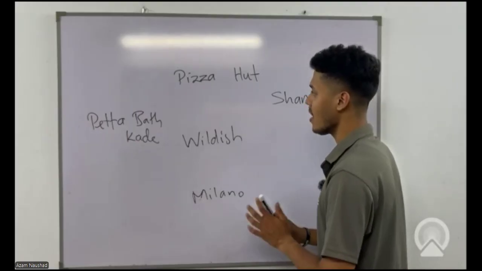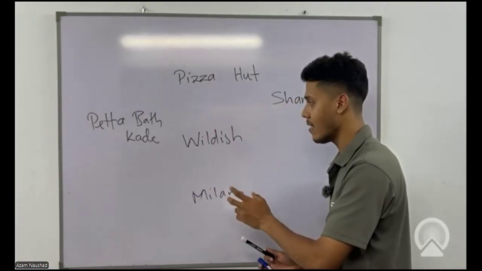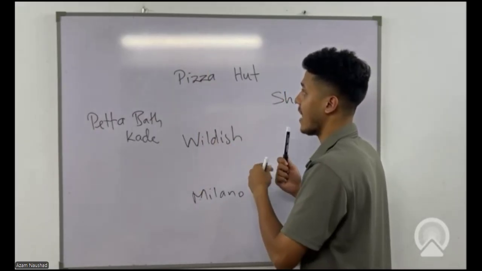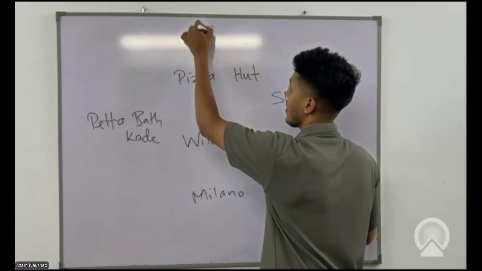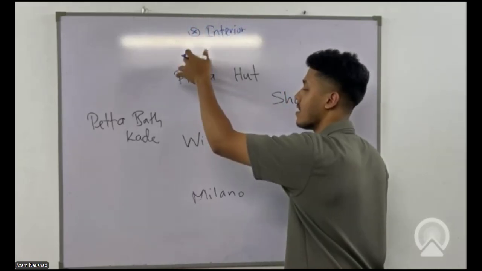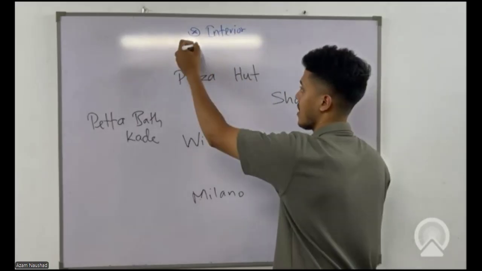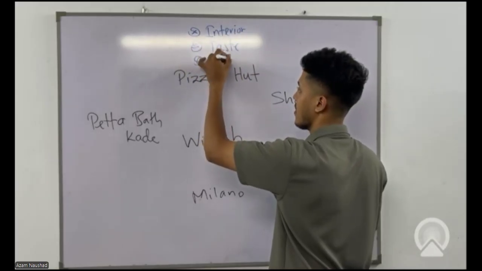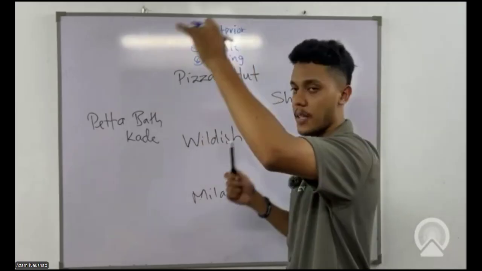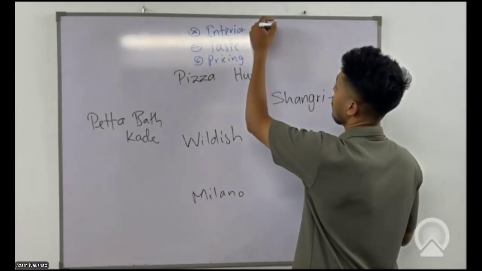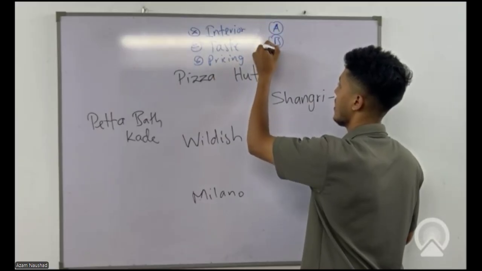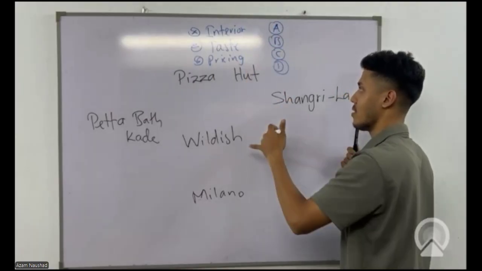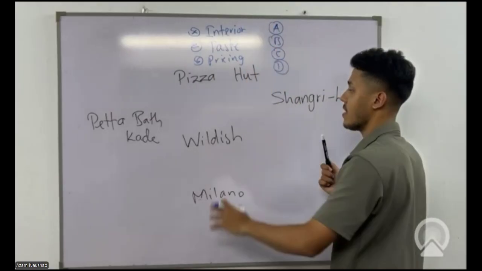So this time I'm going to analyze these restaurants in some categories. Let me write the categories in which we are going to have the analysis. One is the interior or the ambience that you could find in this kind of restaurant. And then the main things, taste and pricing. We can give some grades like A, B, C, D. The higher the value, the better, it would be A; the lower the value, it would be D. If that is worse, it's going to be D. If that is good, it's going to be A.